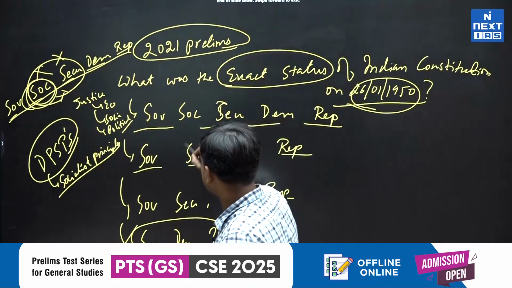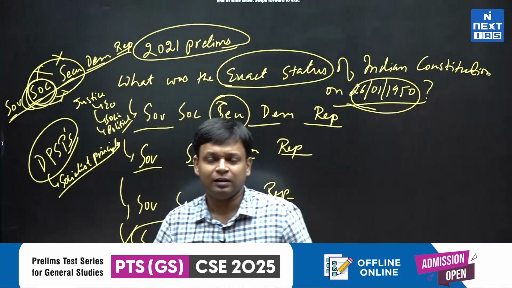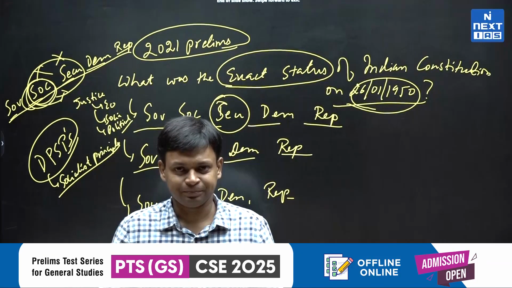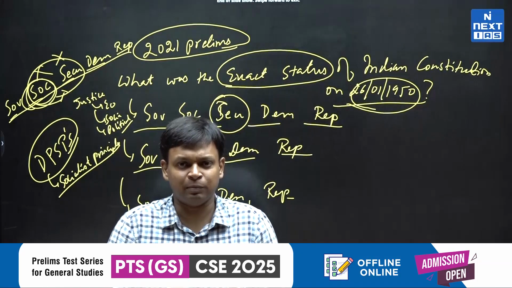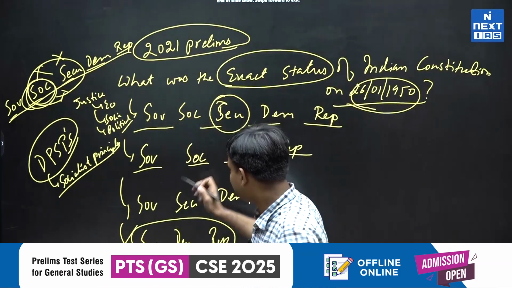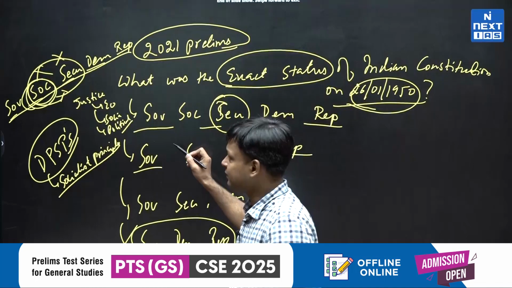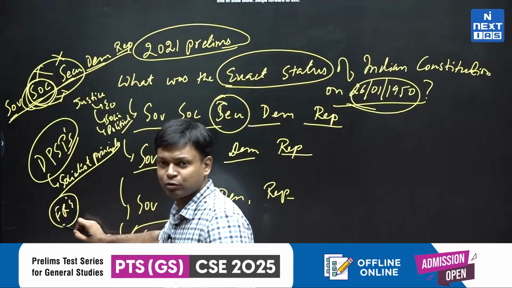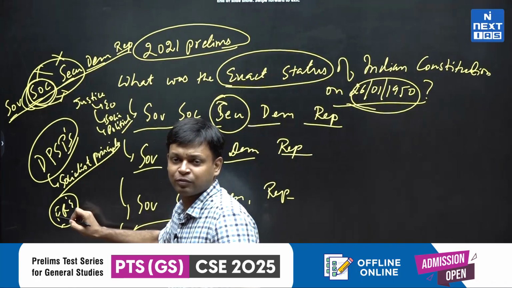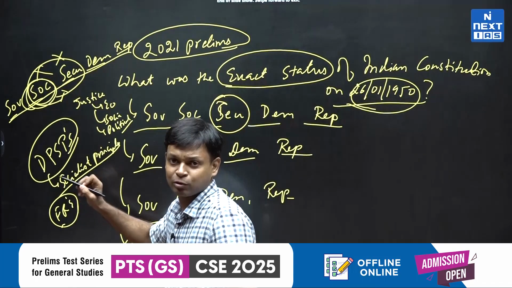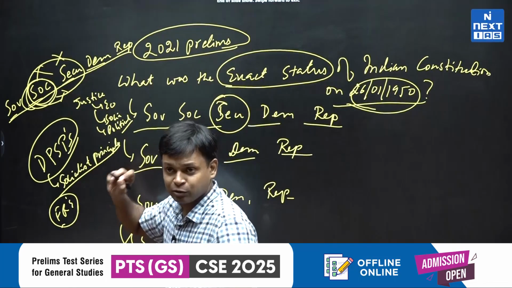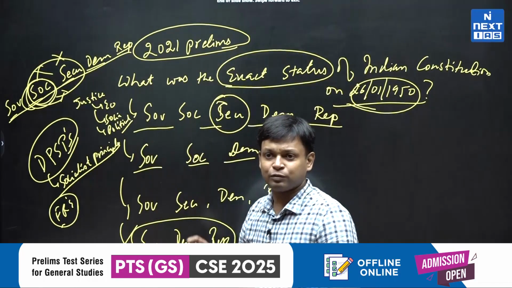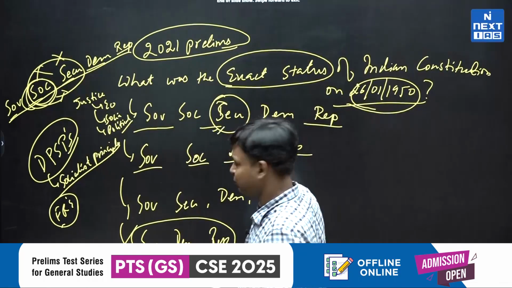Similarly, the meaning of the word secular means that we don't have religion and state working very closely. In general, state and religion are separate, and we have freedom of religion for people. So whatever we mean by the word secularism was also present in our constitution in terms of fundamental rights, by providing the right to equality, freedom of religion, ensuring that there is no discrimination only on the basis of religion, and ensuring that the state does not have any official state religion. So whatever is meant by secularism, it was well established in the constitution from the first day itself.